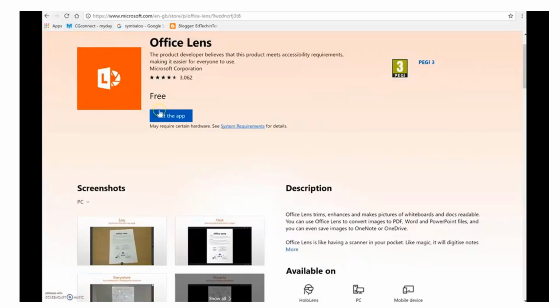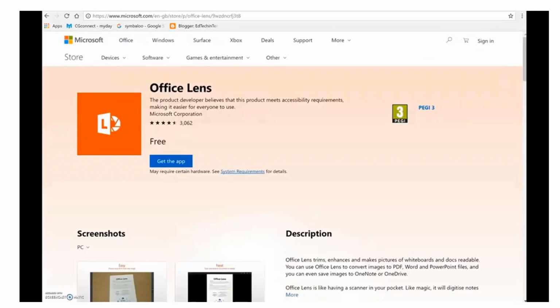This is Office Lens. Office Lens is a free app or add-in by Microsoft that turns your smartphone or tablet into a fast, efficient scanner and automatically deposits digitized notes from handouts or whiteboards into your OneNote or various other destinations. The app is available for Android and iOS, and I've already installed Office Lens onto my device from the